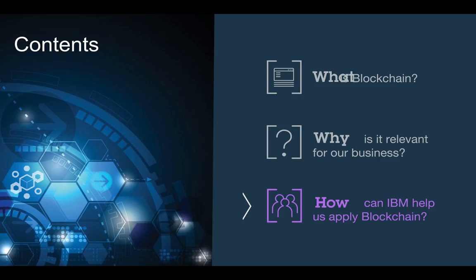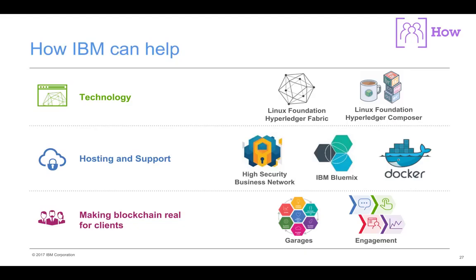And to sum it all up, what IBM has done for our clients around technology is that you need to have a few things. You need to have technology, of course, which, as I discussed earlier, means development tooling, infrastructure, having the right mindset, and above all the right support, because in most cases you need high availability of these networks because they have direct business impact. And then you have hosting and support, whether it's on-prem, cloud, hybrid, or a Dockerized container. Whatever mechanism you end up choosing, you have to ensure that